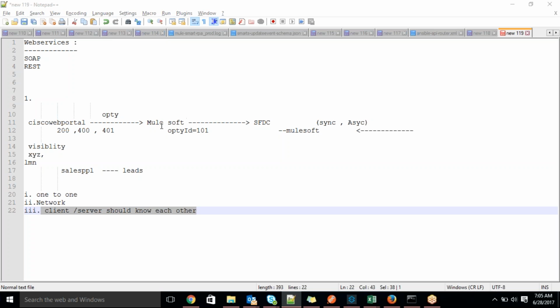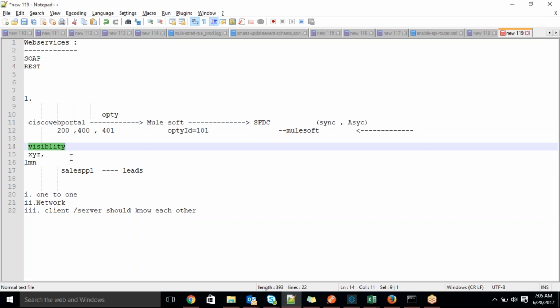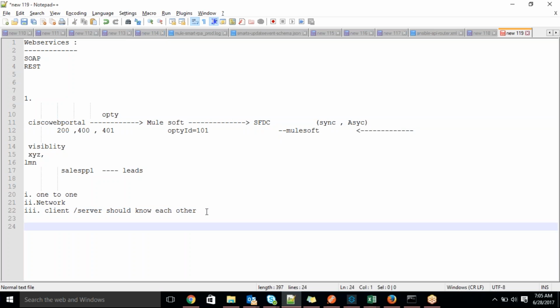But whereas if you introduce MuleSoft, Salesforce will be aware only of MuleSoft, guys. They don't know who the client is, who is talking to them. They are aware only of MuleSoft. Similarly here, whoever the client is, the client will be aware only of MuleSoft. They don't know who the destination is actually. That way, our middleware will take care of it. And one more thing is, if you introduce a middleware, okay, some kind of donkey work, guys.